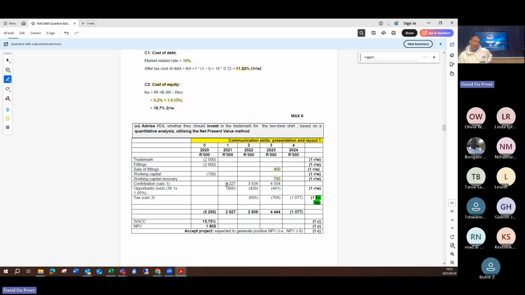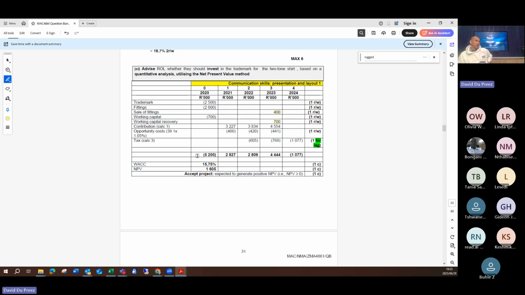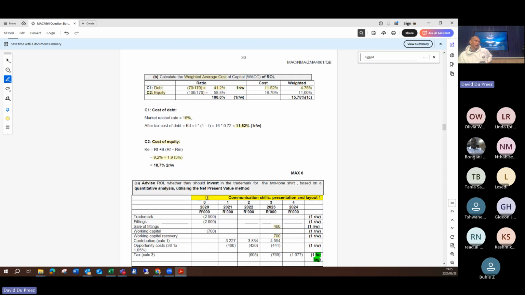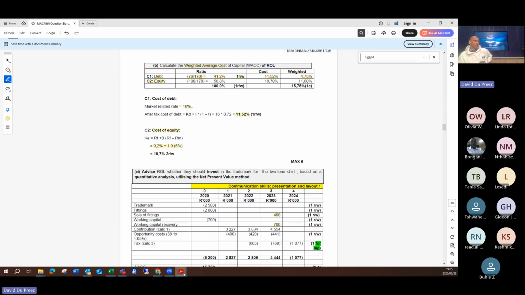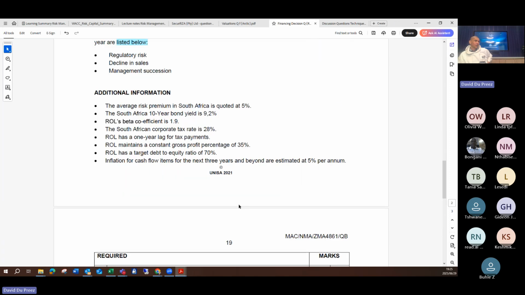There's your contribution calculation, which is sales less cost of sales, or sales less variable expenses. That's really what that is. Then here's the opportunity cost. Remember, I said that was the opportunity cost. They said 400, and then they're increasing it by 5%. There's your tax calculation to be able to calculate what your cash flows are. You're using 15.75% as your WACC. And if I look at that, they would have probably told you in the question, we didn't look at that. In the question, they would have told you,